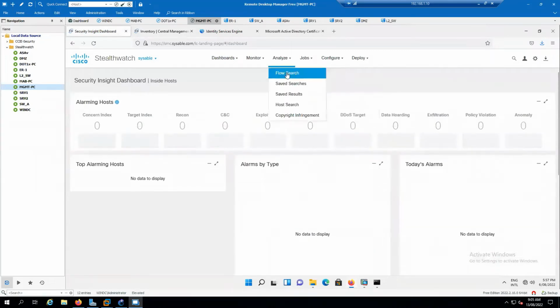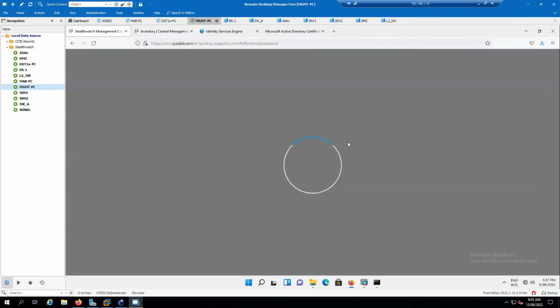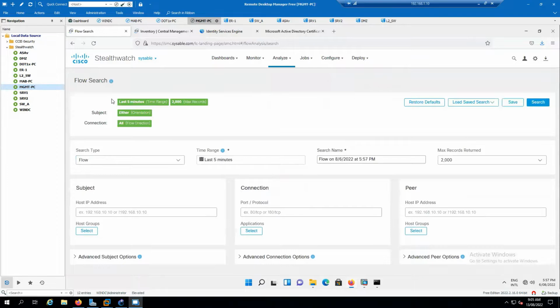If I go to Analyze, click on Flow Search. So if you want to search any flow, that's the option. This is where you're going to search for your flow. Now you see that by default it is looking for the last 5 minutes, and you can